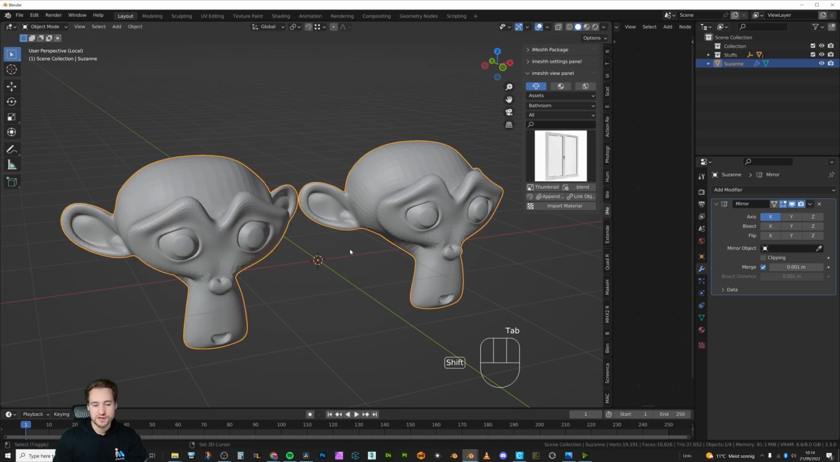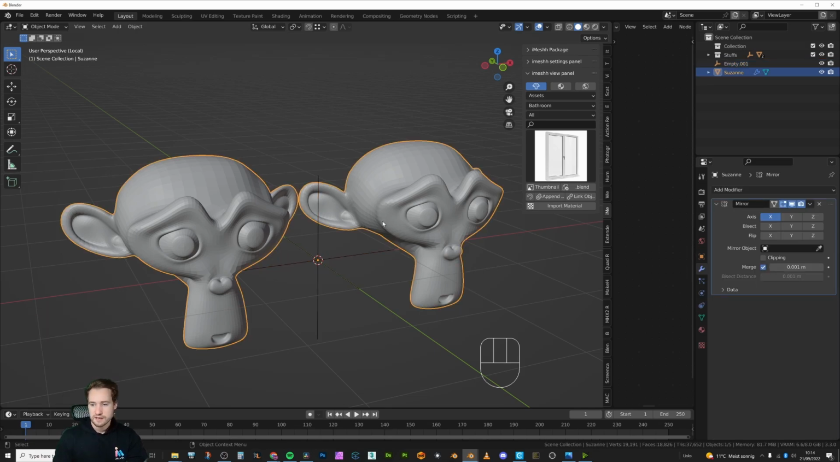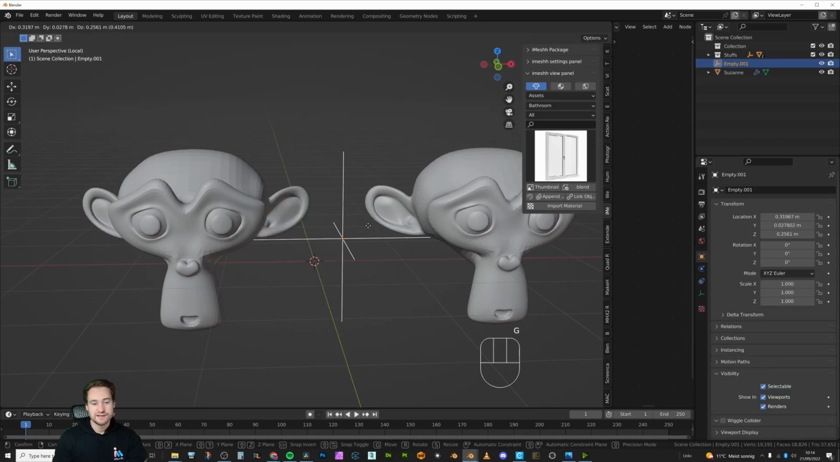But basically how it works is, if I go Shift A and add an empty, it can work with any object, but usually it's easier with an empty because it also doesn't add any geometry to the scene, and it also won't render. If I click on the mirror object and click on this, and then click on the mirror on the empty, we can then see that if I move this empty, the object is then going to be